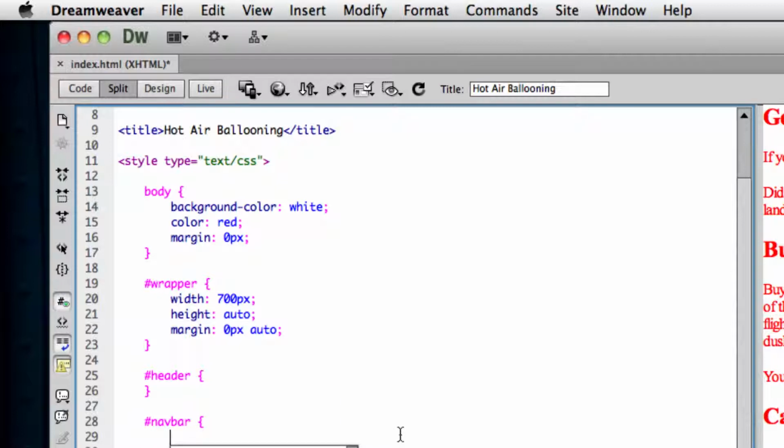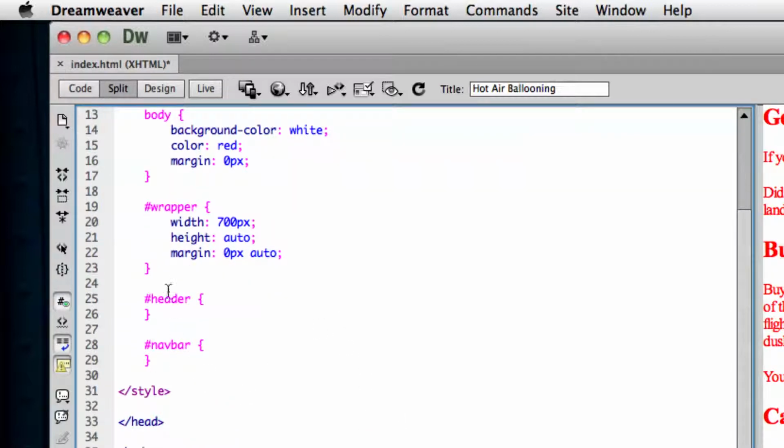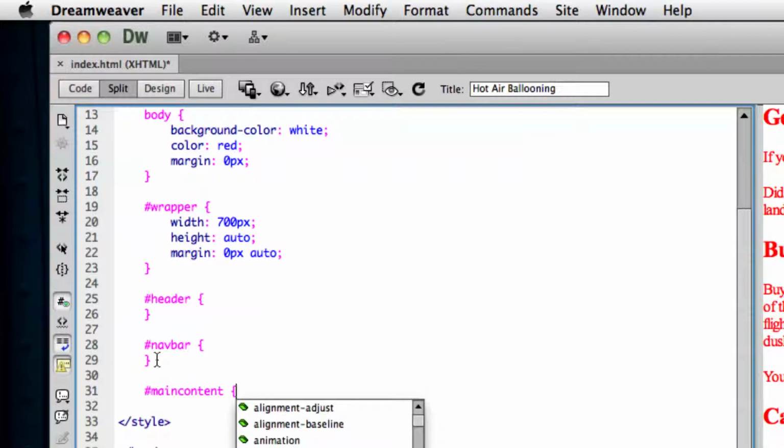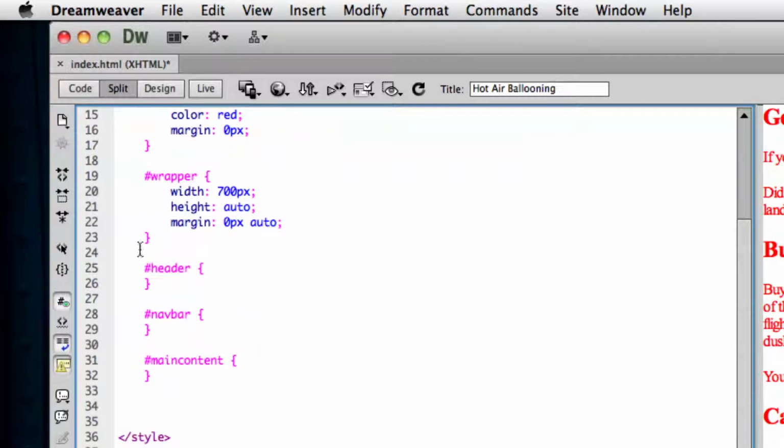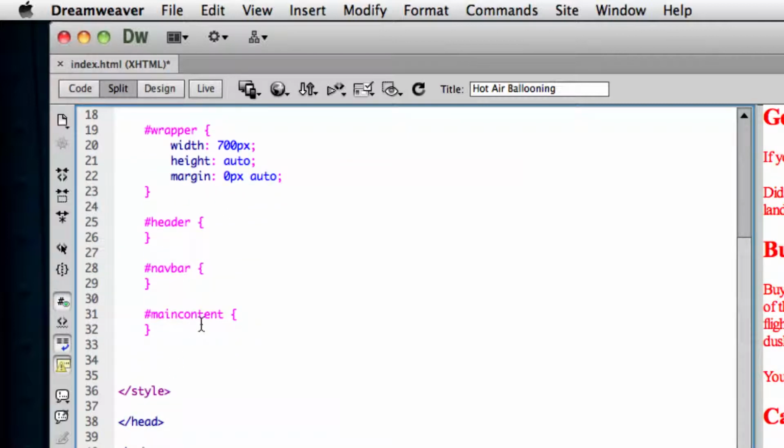Forgive me if I say code. We just kind of universally say that when it really is markup language. But we're going to have a body background, a wrapper entirely around everything, then the header, navbar, and underneath the navbar is going to be a main content area. Open curly bracket, close curly bracket. We're going to put some declarations inside of these. These are just the selectors, the things that we're going to create. And then we're going to say hashtag footer